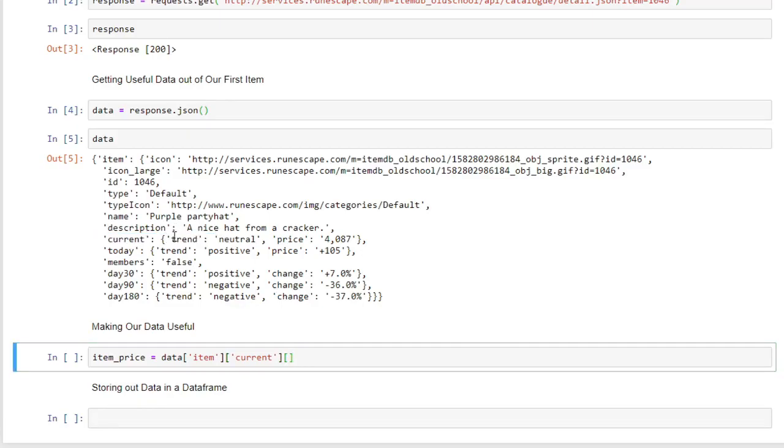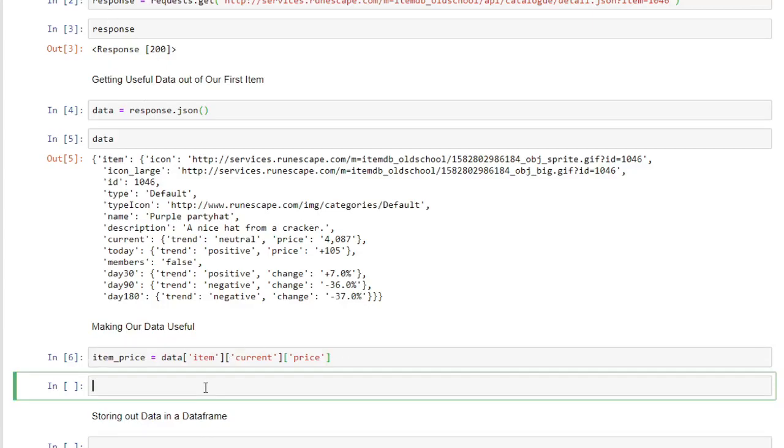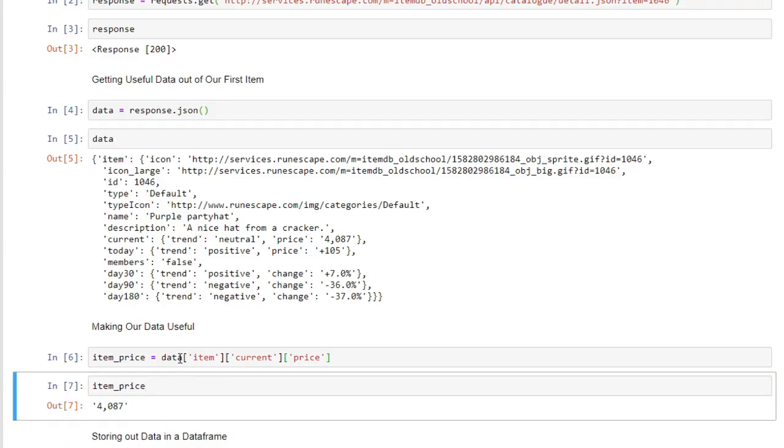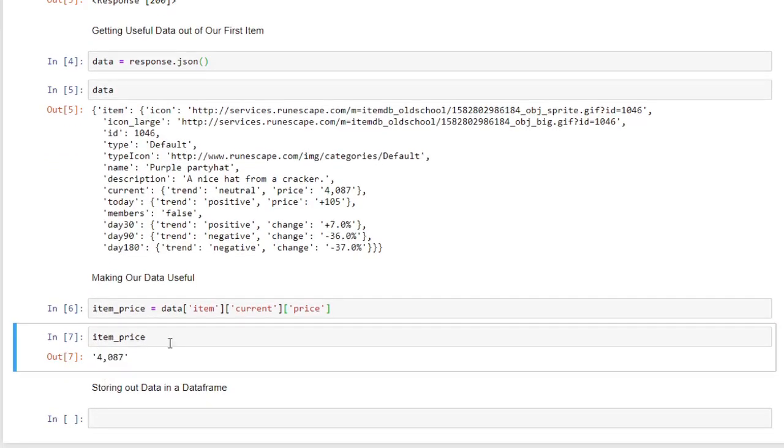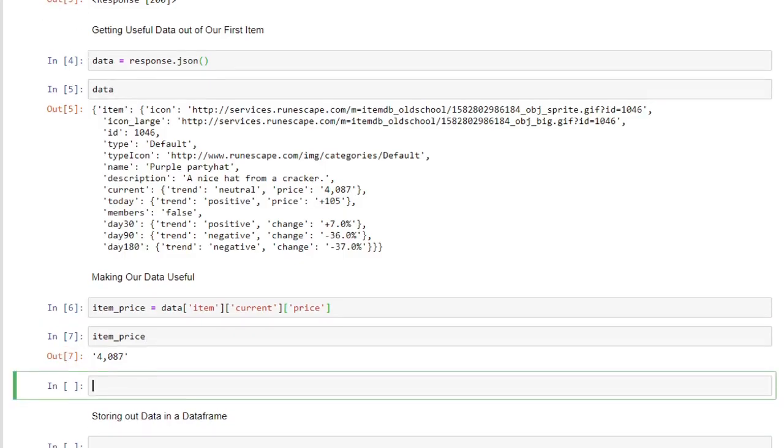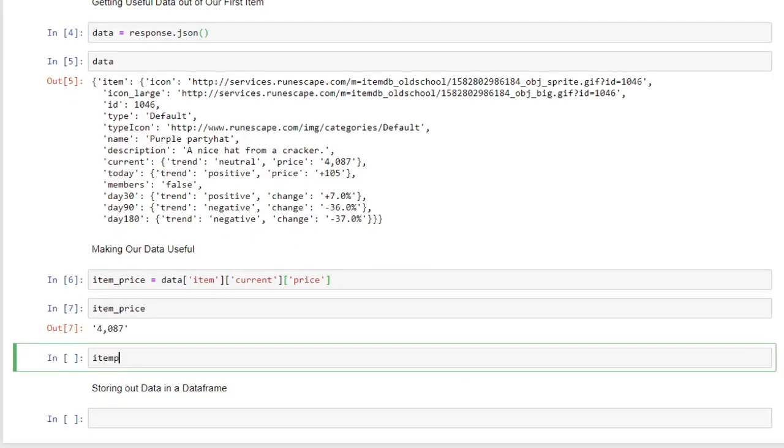And then to parse it out of this section, we have to put price next. Boom. And now if we want to see just the item price, if we run item price, it should display 4087, which it does. But on top of this, it's more useful if you can just turn this into a number. So something you can do is item price